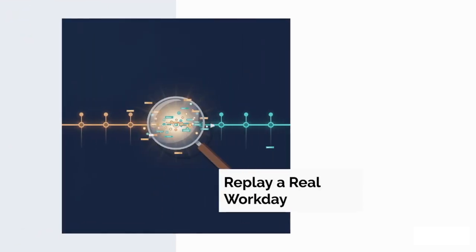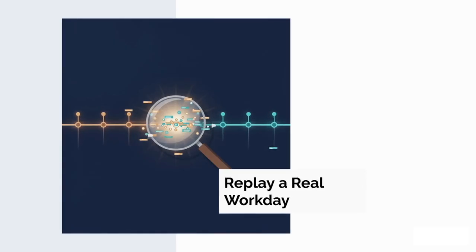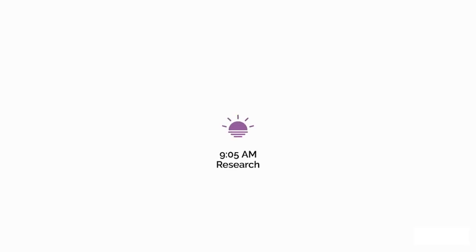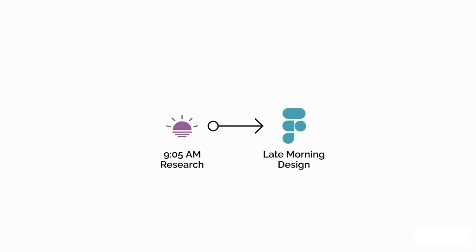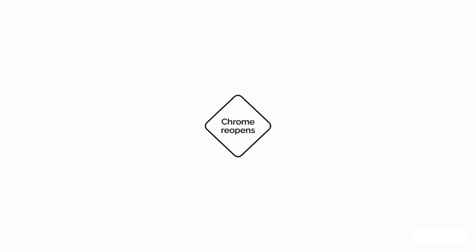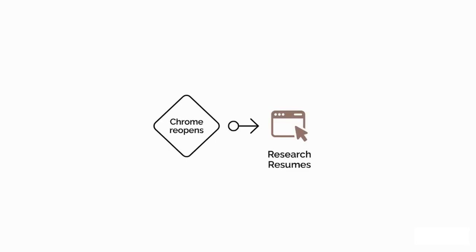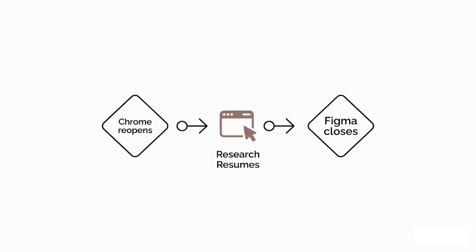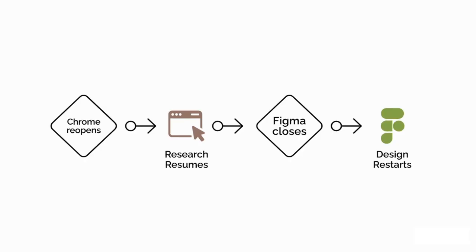Now, let's use that to answer the original question and replay the delayed homepage project from the very beginning. The day starts with research in Chrome, moves into Figma for wireframing by late morning, and then at 3:02 p.m., a client message arrives with unexpected revision requests. From that moment, Figma closes, Chrome reopens, and the designer has to start researching all over again before design can